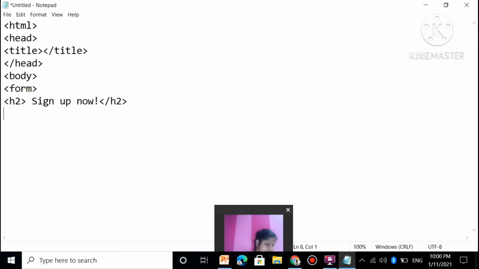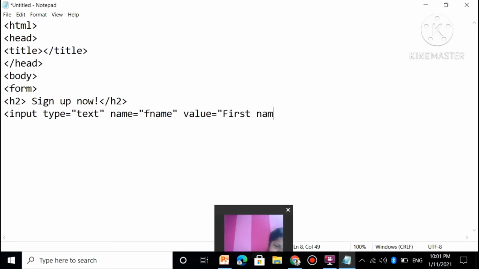So the first one is your first name and last name. For that you will write input type equal to text, name equal to fname, value equal to first name.